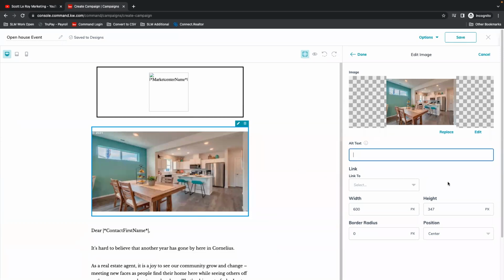If you wanted this to link to something else, so maybe if they click on the picture, it takes them to a landing page with more information, you can also select that here. And you can play with the image sizes as well. If you wanted to make it larger, smaller, change where it's at. Once you select done,